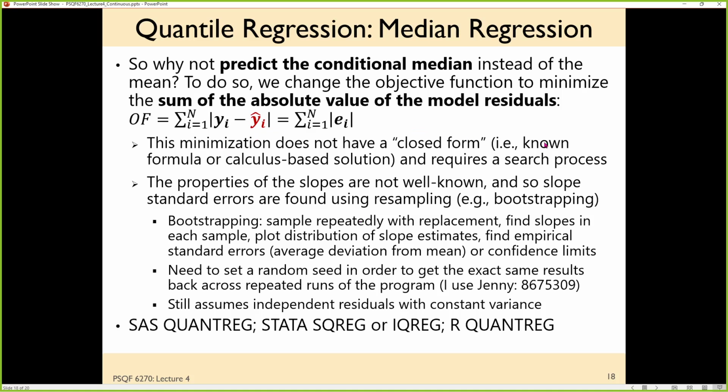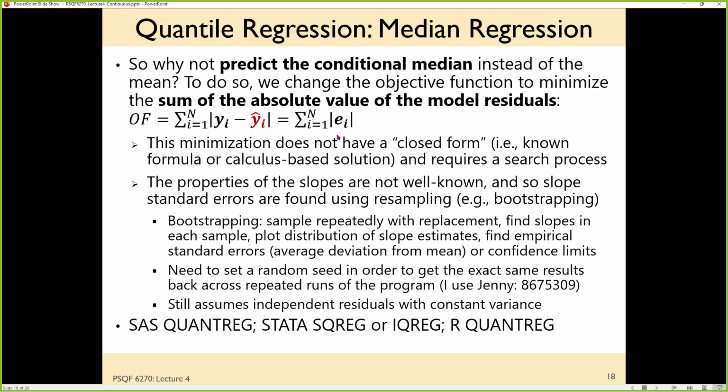So the difference with quantile regression is that rather than minimizing the sum of squared errors, it minimizes the absolute value of the errors, which is a function that in math terms is very pointy. It looks like a V. So it's not differentiable, meaning you can't use calculus to figure out if you're getting to the bottom of it in the same way that you can the minimum of the sums of squared errors, which has a quadratic type of shape to it. So that means that there's no easy process to get standard errors, but then you're also not making distributional assumptions. So it uses a combination of this criterion to figure out what the slopes should be,